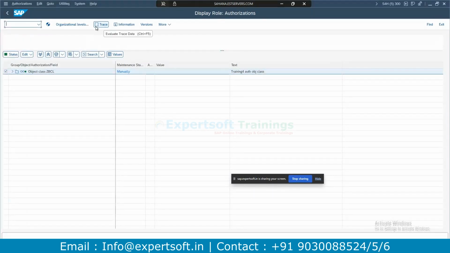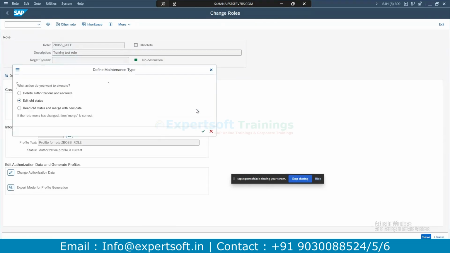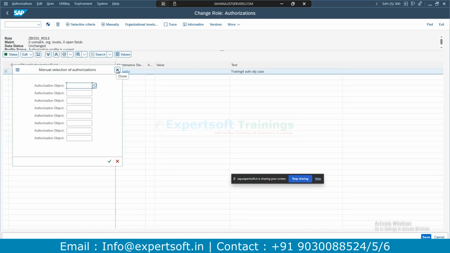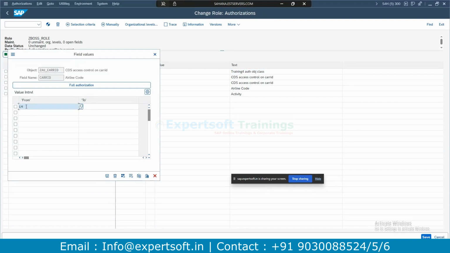where you can create, let me show the edit mode, edit role data. See, add it manually, that authorization object. Once your authorization object has been added, then you can expand it. See, whatever fields you have mentioned as authorization fields will be populated. You have to manually give the particular filter criteria. For example, if a US business user wants to access it, then US is the country key that you have to specify here.